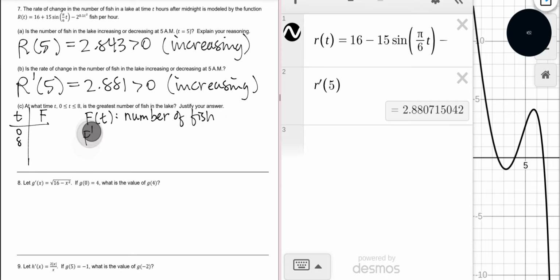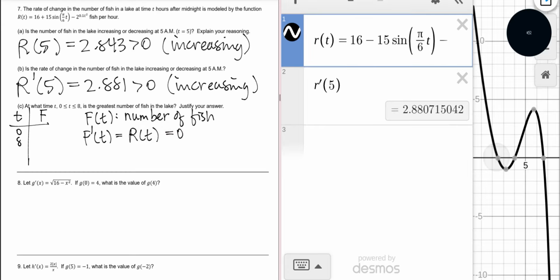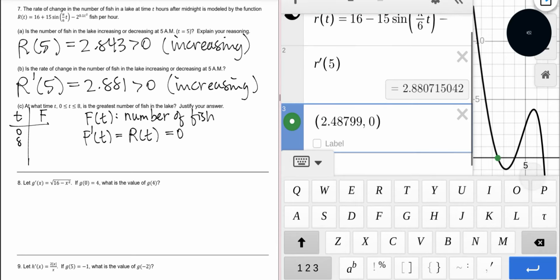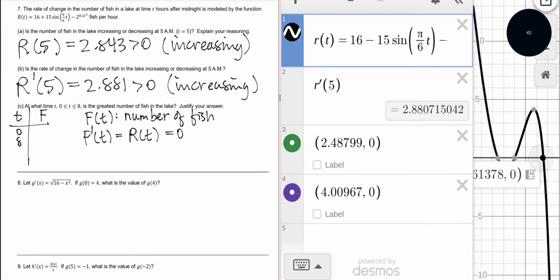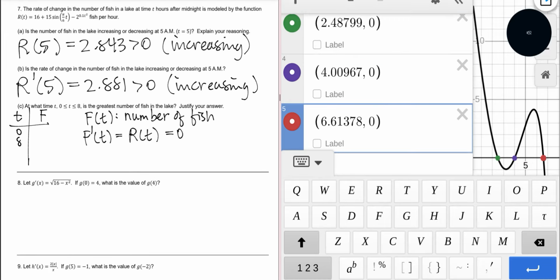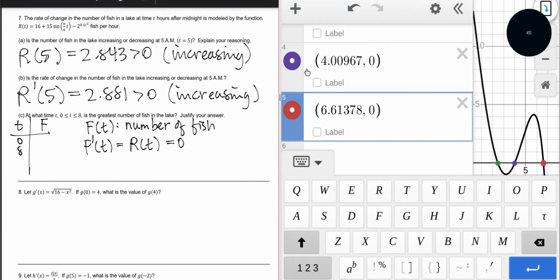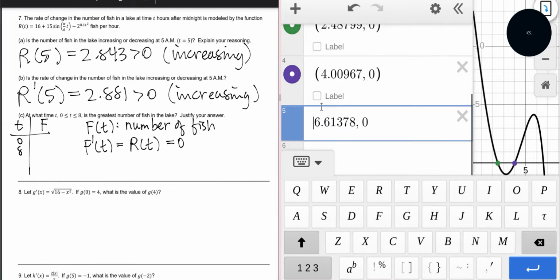Okay, f prime of t equals r of t. I'm interested where that might equal 0, so I'm just going to report these values and definitely store them. Okay, so I'm just storing these. I'm going to then go back and go full computer mode here. I'm going to call this c equals,